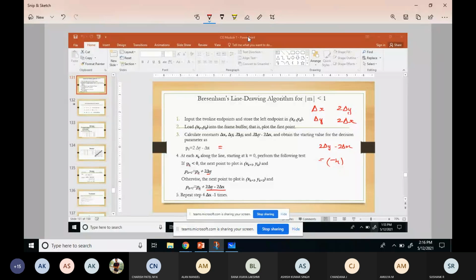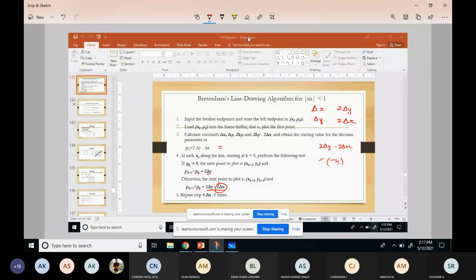See, one only difference is here, whenever pk is greater than 0, you're subtracting with 2 times delta x, that's all, you're adding that extra. So one thing you should understand is that whenever pk is greater than 0, the value will keep on decrementing. Once it is negative, again it will move to the positive quadrant. That depends on the difference also. So if you keep that in mind, you can solve this.